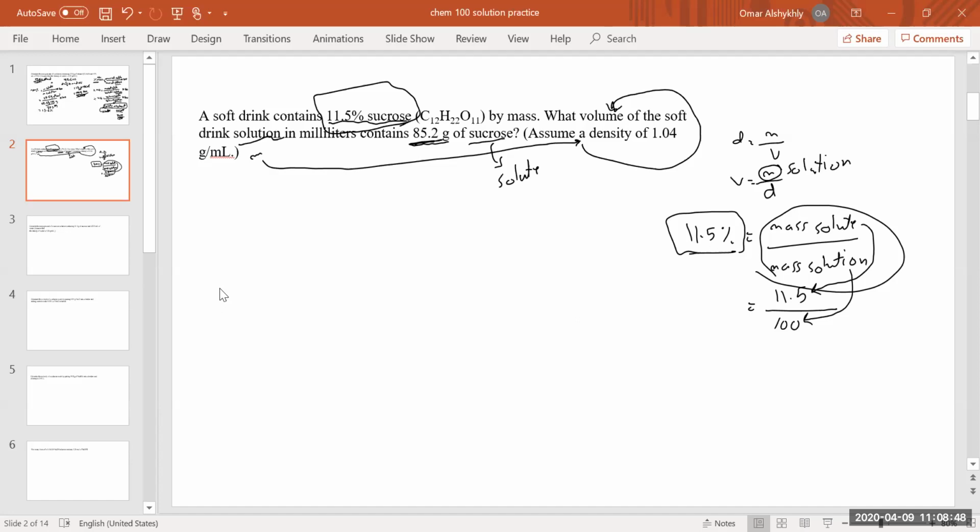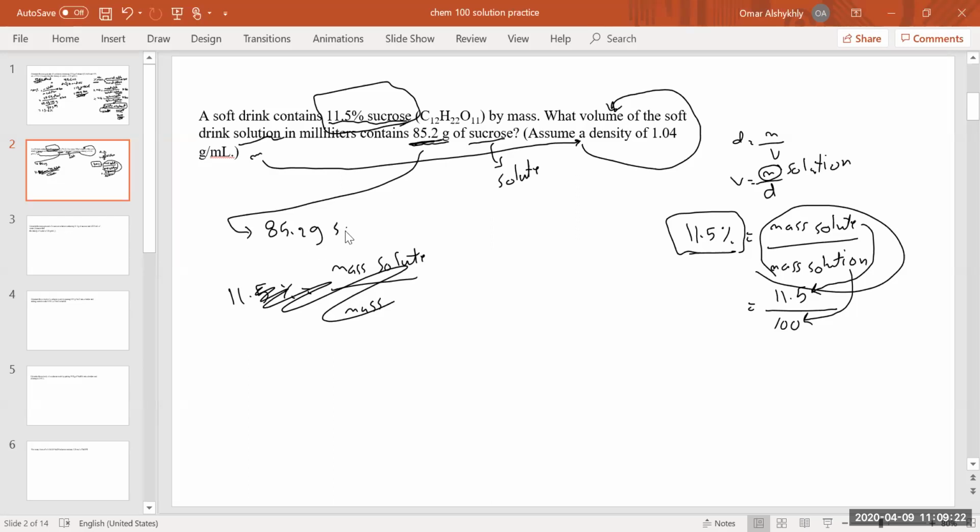Okay, so here we will have the 11.5% equal mass solute divided by mass. Let's start with the given information. The mass of solute. Here we have 85.2 gram